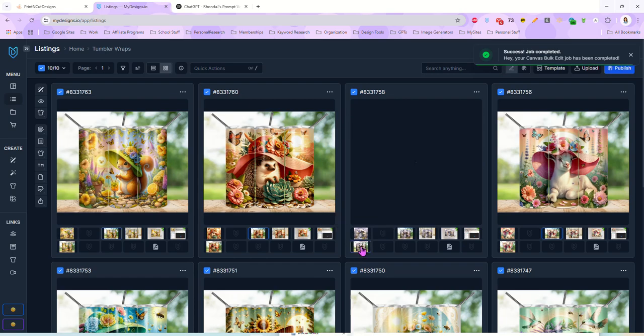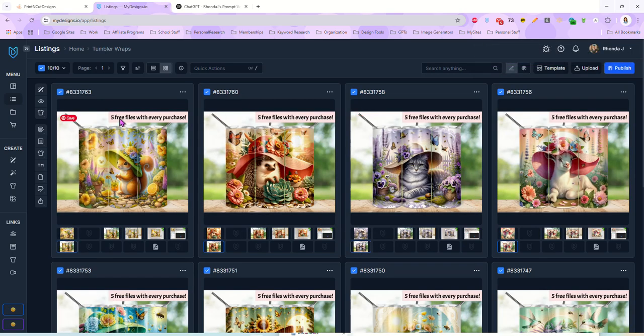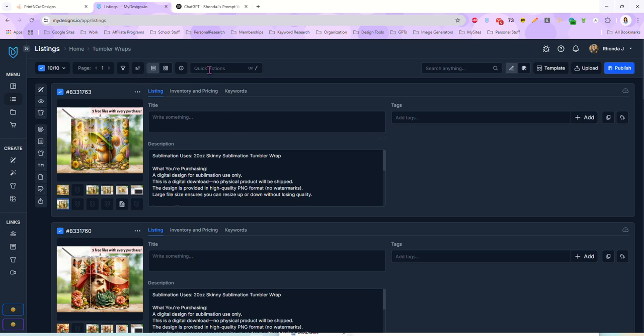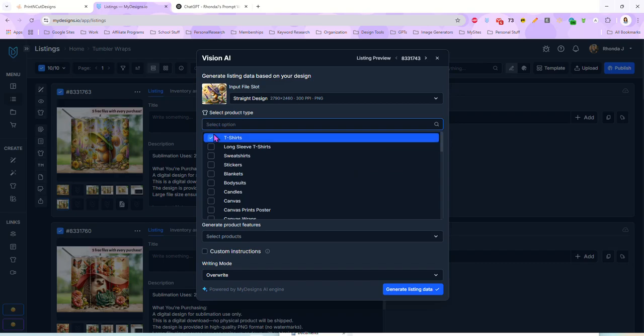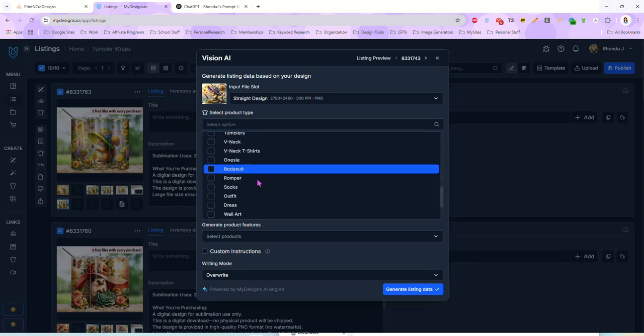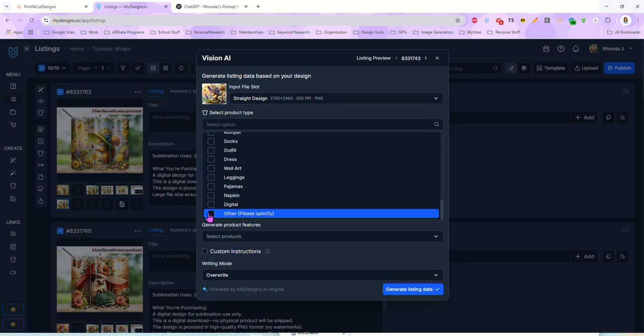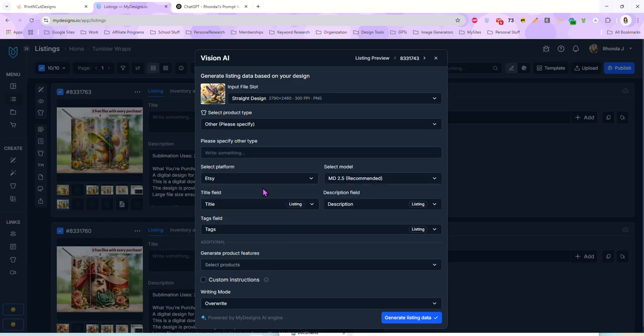And there it is. And if we double click it, we can now see there it is, 5 free files with every purchase. So now I'm going to bring up the list view and I'm going to go to Vision AI. T-shirts, I'm going to deselect. I'm going to scroll all the way to the bottom and select Other. And I'm going to write in here 20-ounce skinny tumbler